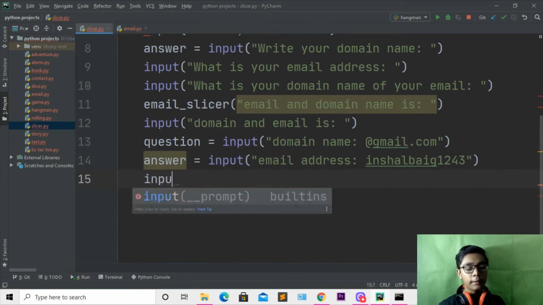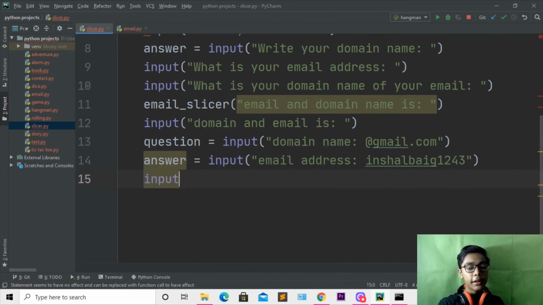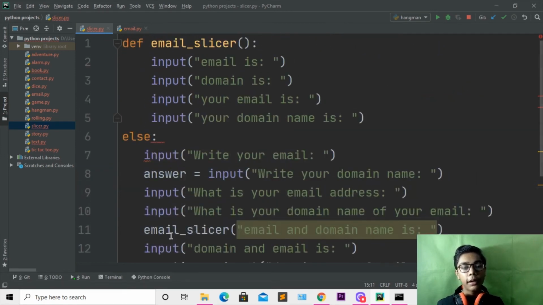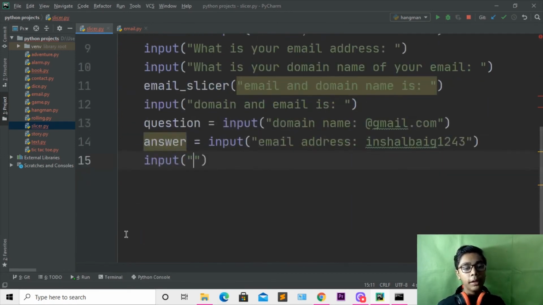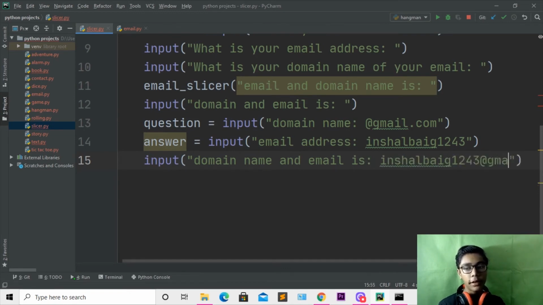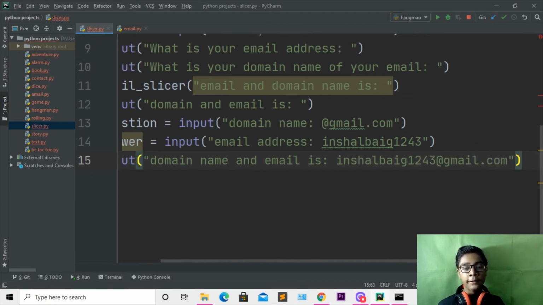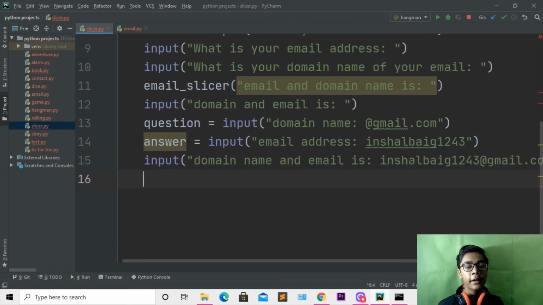And when you've done with that, I'll be coming here and also going to the top, and I'll be writing domain name. So here I'll be writing domain name and email is, and now you have to write both correctly. I'll be writing Inshal1243@gmail.com, which is my Gmail or email, you can write it here, and press enter here. Then I will be coming and creating email